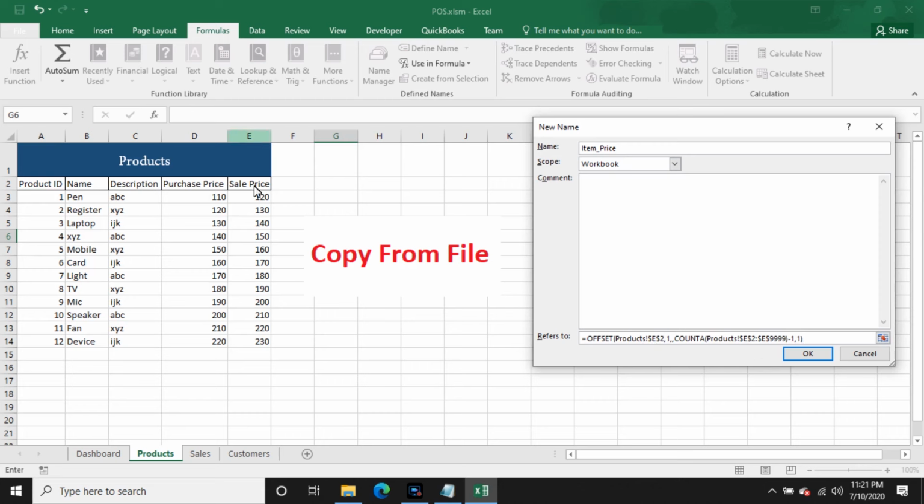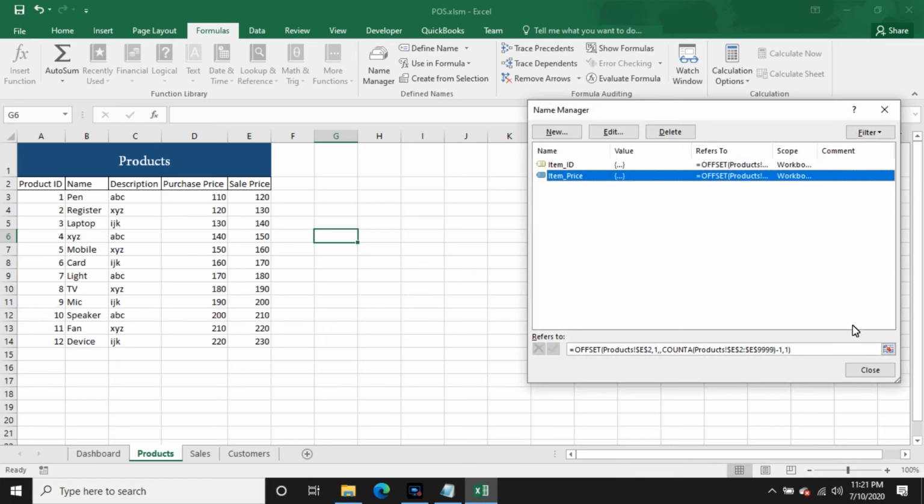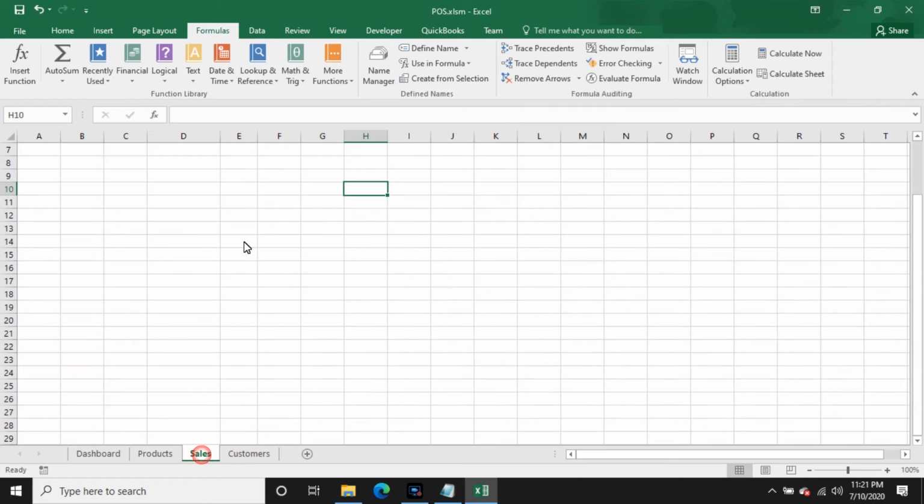So because atom price, sale price, and so look at here. So values from this row from pen to device are selected successfully. So first leave this input box and then select again, and after that once again go to sales,